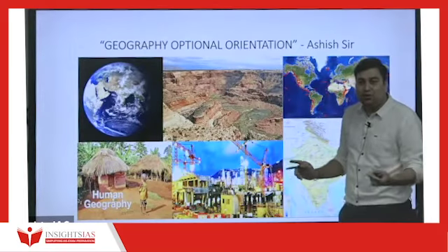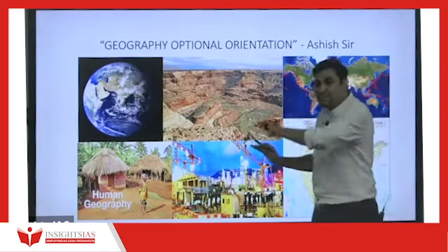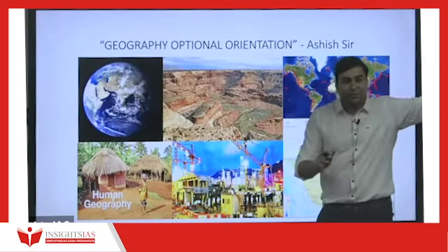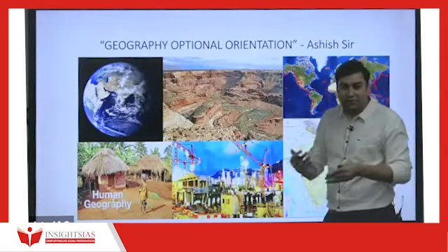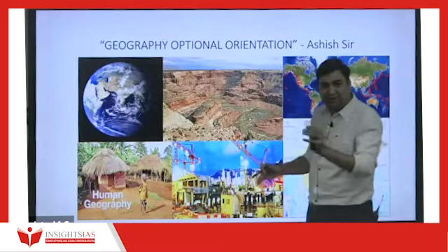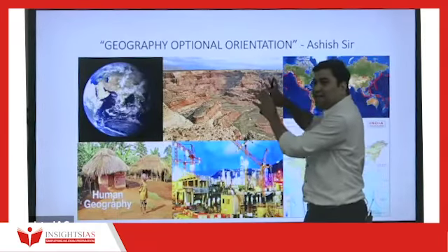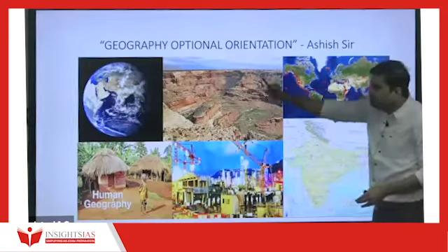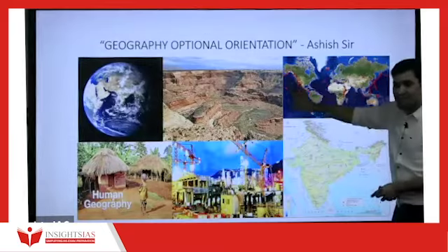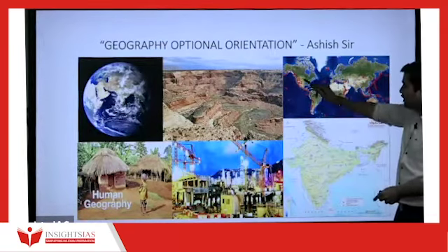Is it just erosion or deposition, or both processes simultaneously? In arid areas, it would be different. In glacier areas, it would be different. In precipitation-based areas, tropical rainforest areas, it would be different. Are you understanding it? So landform formation, the factors responsible for landform formation, and various theories related to it. Origin of the earth. After that, these are nothing but earthquakes, landforms, and I would say volcanoes, etc.